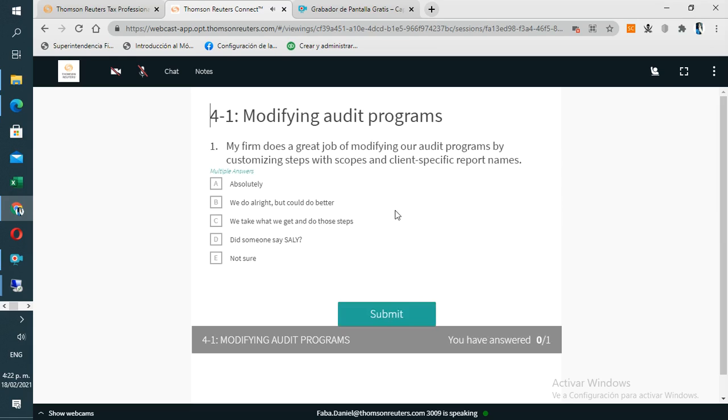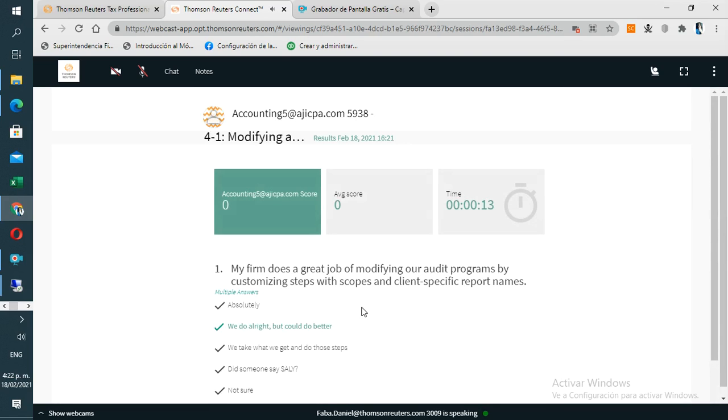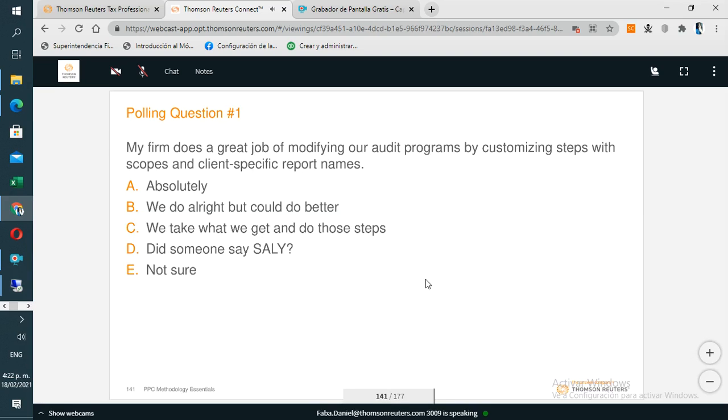Just for informational purposes, it looks like there's quite a spread. Some folks are saying, absolutely, we customize them. Others are saying, you know what, we could do better. Or, we just take what's there within the form. Obviously, there's no right or wrong answer here, but Sean and I have said as much all throughout: we want to customize. We want to make it unique to that client, because in order to effectively address those risks, all up to this, our next slide here, I believe, is that,